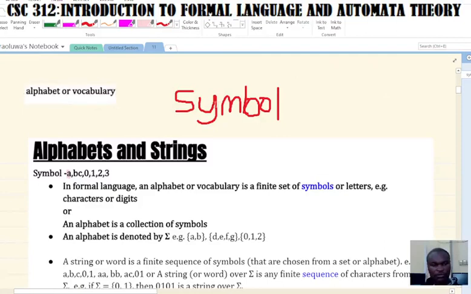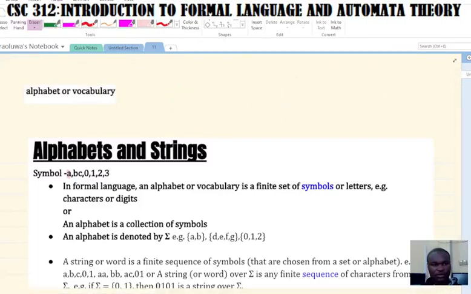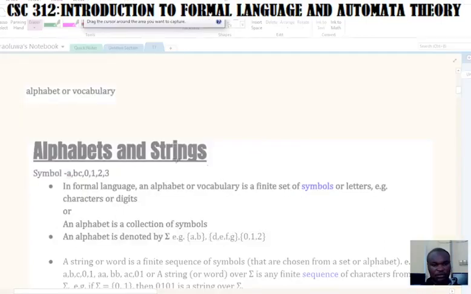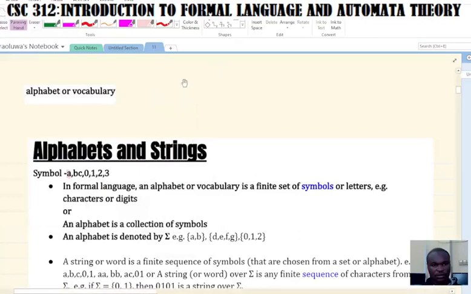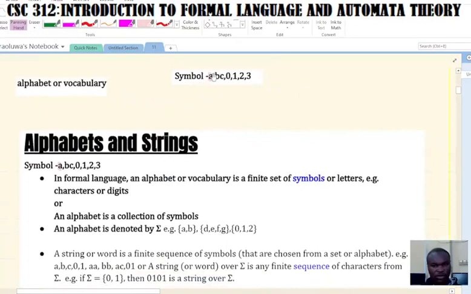And we have symbols as well. So we say that alphabet